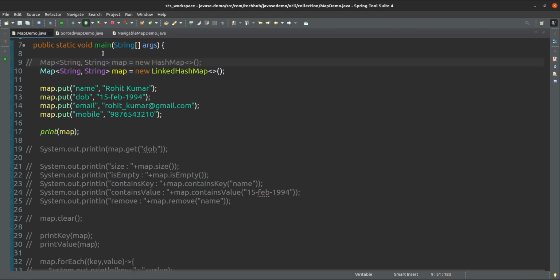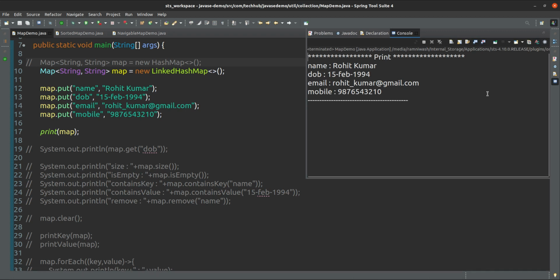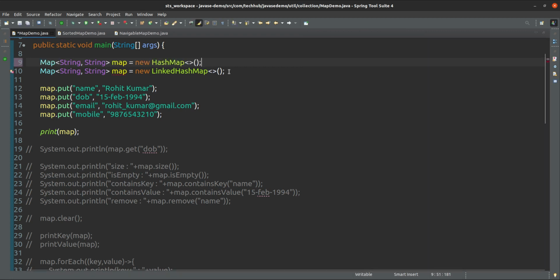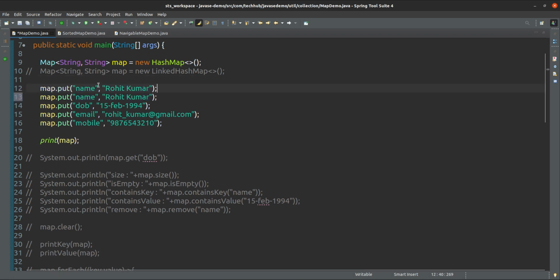But if you use LinkedHashMap, the order will remain the same however you added. Inside HashMap, one null key is allowed. I will give null here, no issue, and the value xyz, and I will run this.